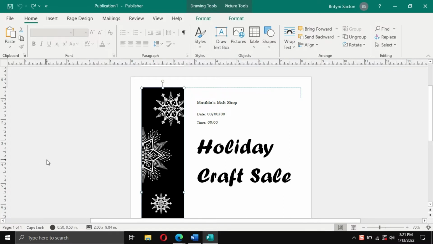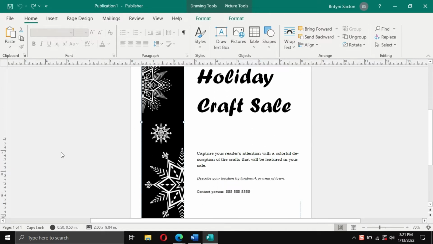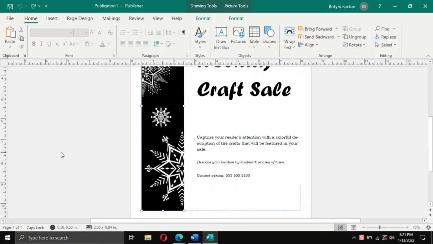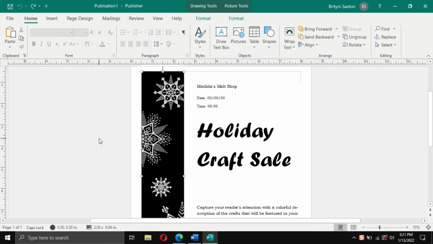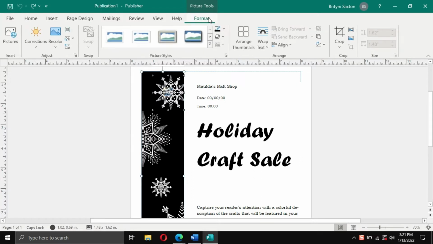Now, what I want to do here is I like the layout of this, but I want to change the graphics to be a little less holiday-y, more, it's a malt shop. I want it to be kind of old-fashioned candy and brights mixed with pastels. I want it to be eye-catching. So what I can do here is, since I don't want some of these graphics here, I can do probably about two things. I can either delete all of them and put in my own graphics of what I want to include here, or when I go to the picture tab,